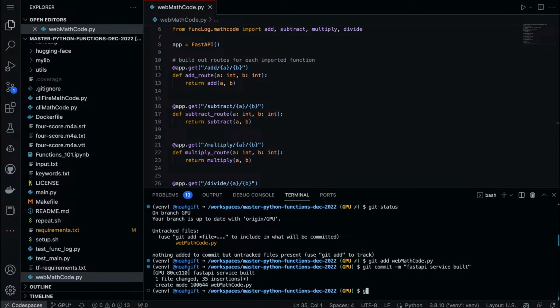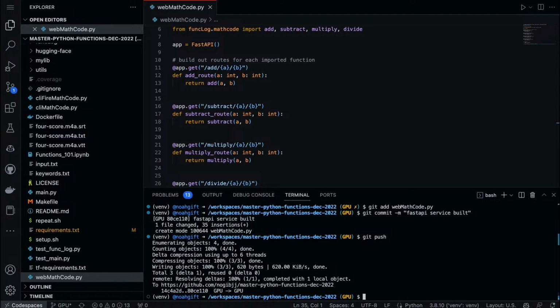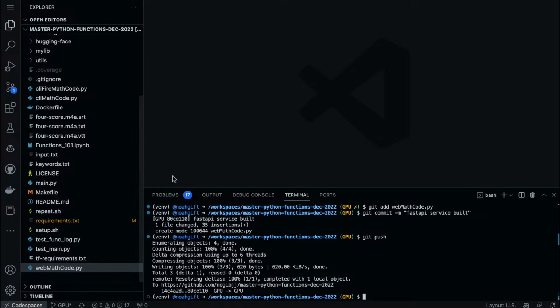There we go. So pretty cool that we're able to do that much stuff that quickly. So this is a simple example, though. Let's actually build something a little more fun that will be less about toy apps, and let's try to build something that's a little bit more realistic.